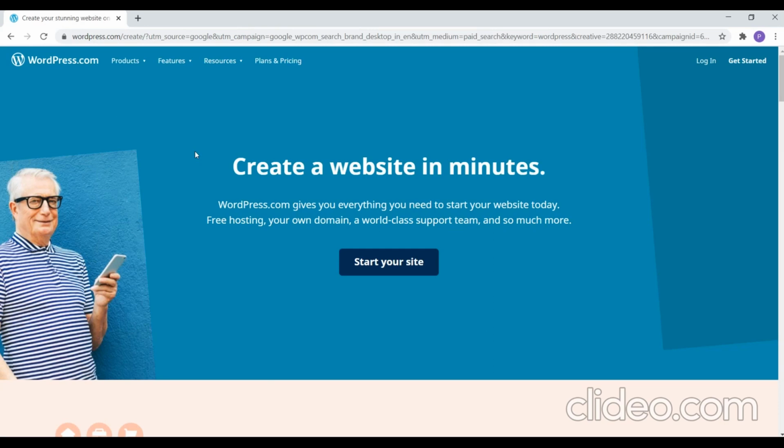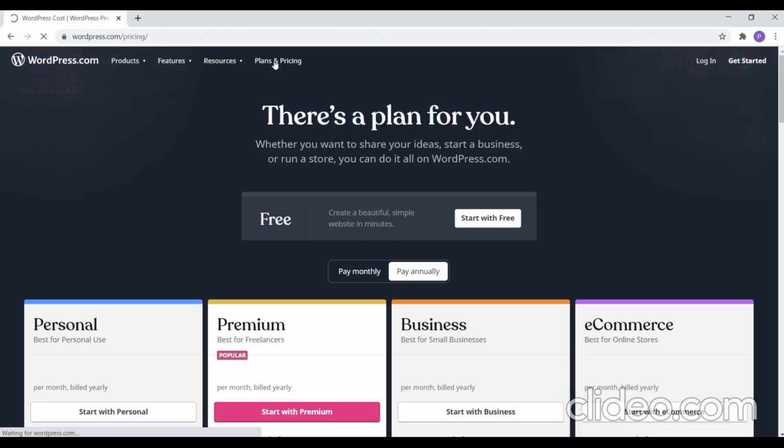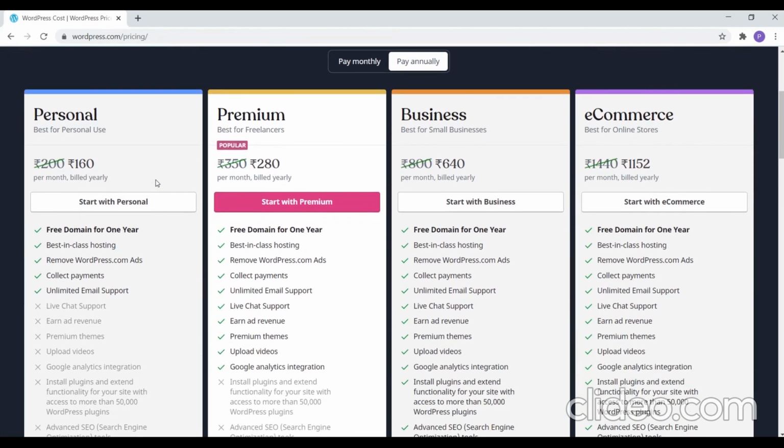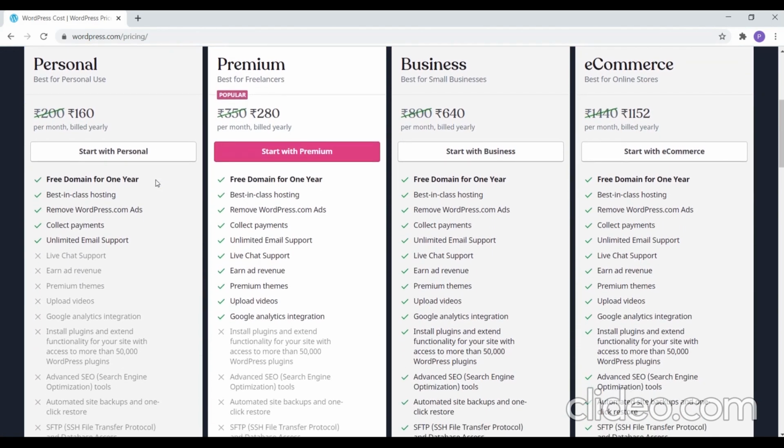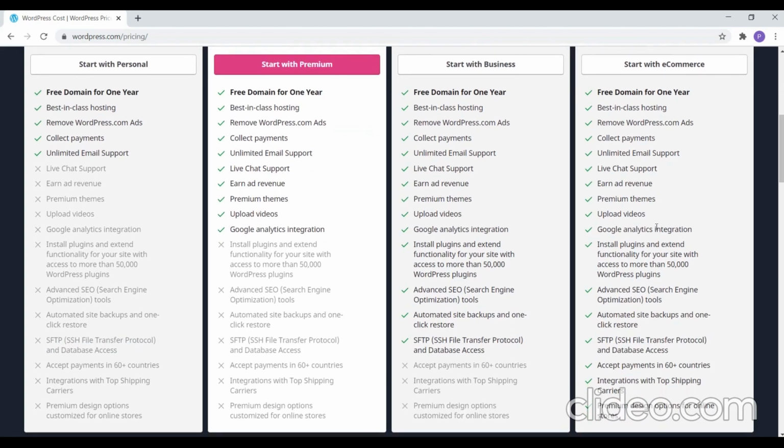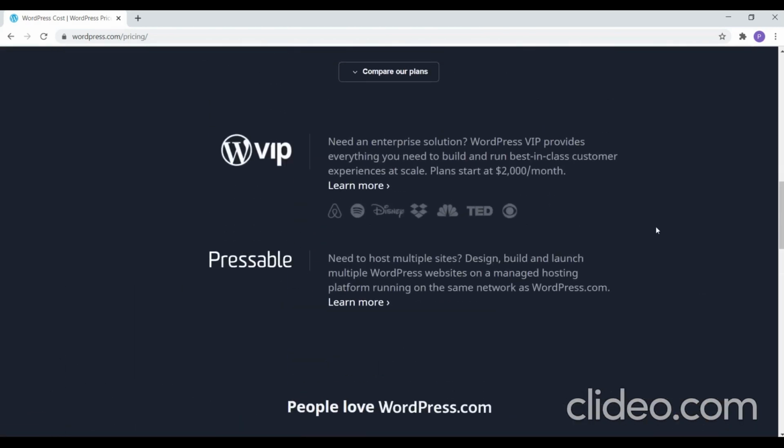Okay, in this you can directly host your website. So if you go to pricing, you will be having some list here. So it starts like this. Depending on your requirement, you can start. If you are looking for an e-commerce, you can start with this package, or if you're a startup, you can go with this business plan, or you can go with a premium one or a personal one. So if you see here, you have other additional options which are available currently with the plans.